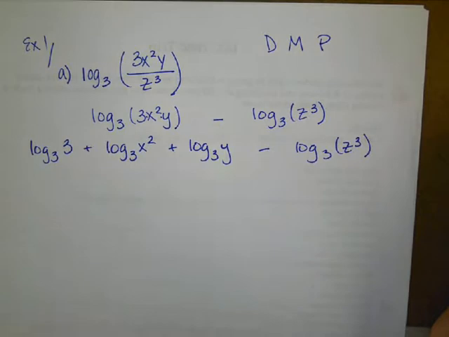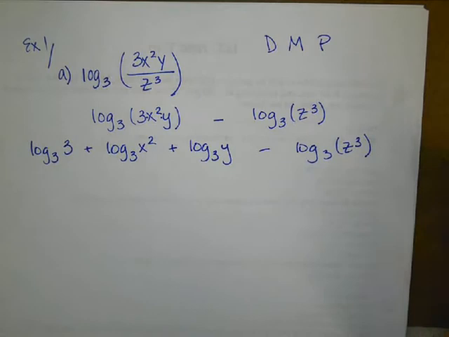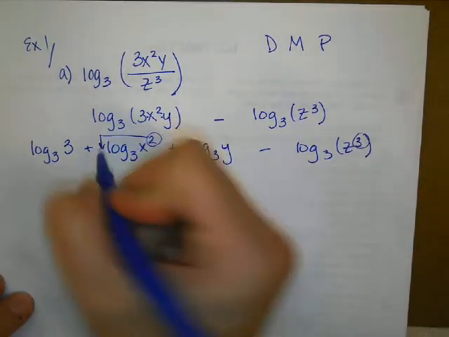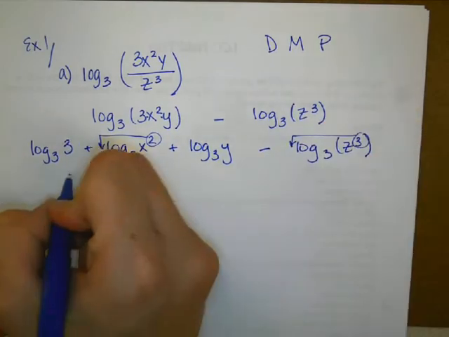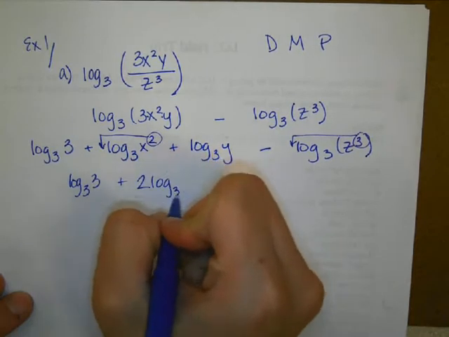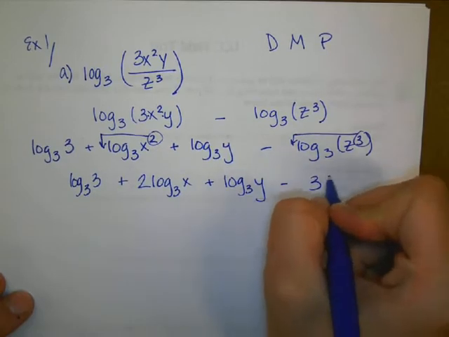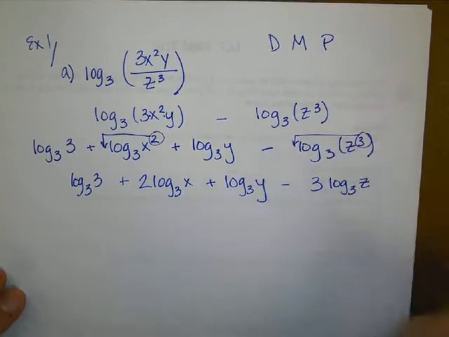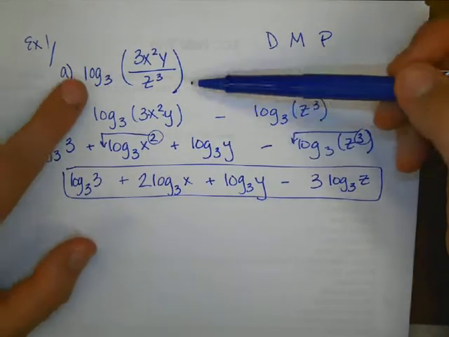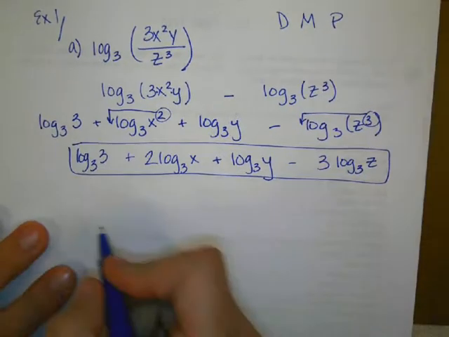Okay. So we've broken apart division, we've broken apart multiplication. The last one that we look for is powers. So I see two things that have exponents on them. This part's the easy part. Those just come out to the front to fully expand. So your final answer will be log base 3 of 3 plus 2 log base 3 of x plus log base 3 of y minus 3 log base 3 of z. And that's the fully expanded expression. So you're taking one logarithm and breaking it apart into all the pieces that make it up by using the properties. We're going to do something similar